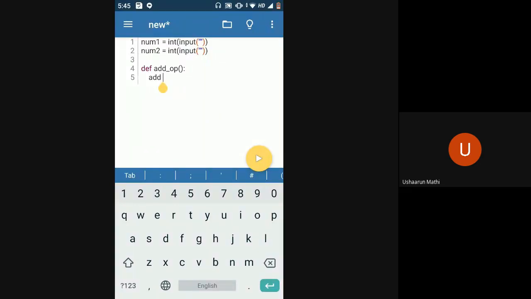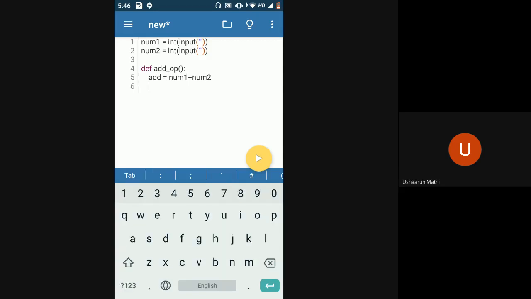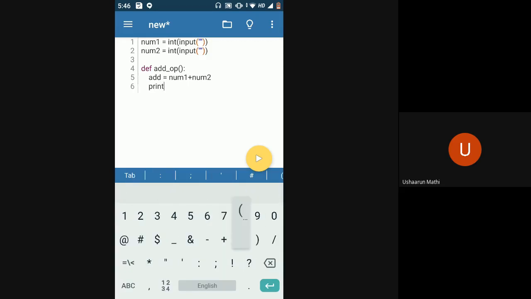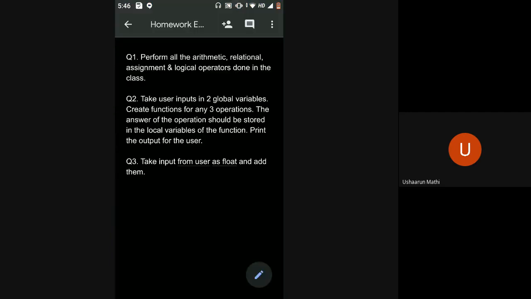So now add would be my local variable, right? num1 plus num2, and print the output. So this is just for one. You will have to write three functions for whichever three arithmetic operations you choose. Is this clear? Thank you, ma'am. Yes, ma'am.